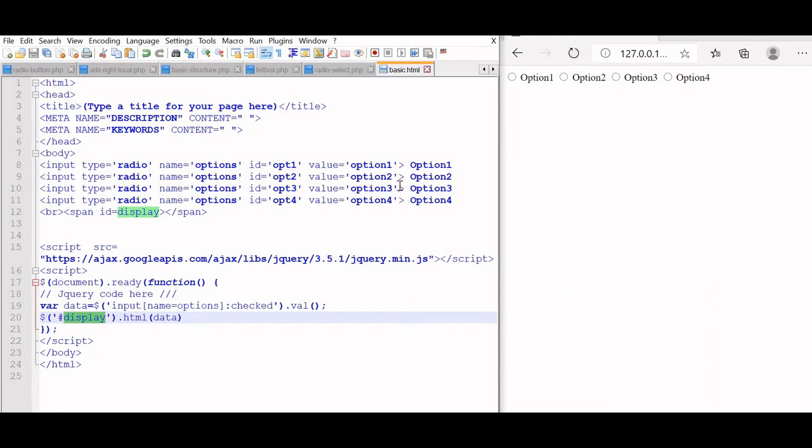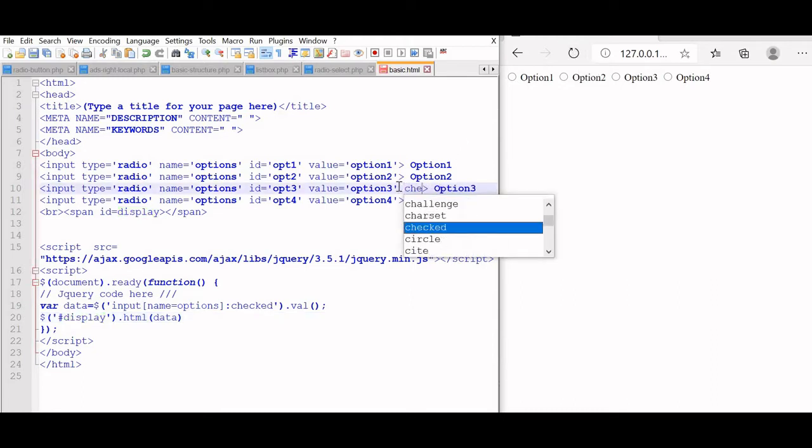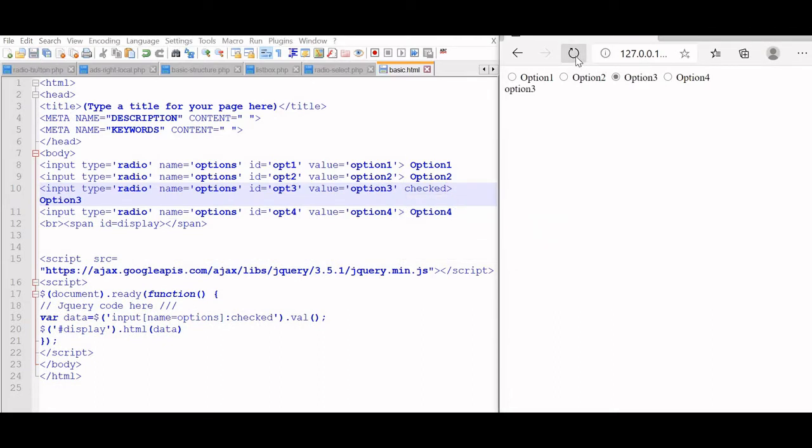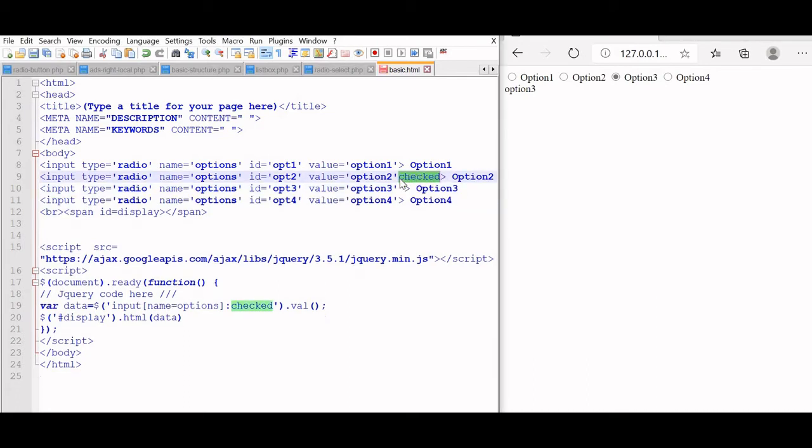Before that, let us select one radio button, so whatever is selected will be displayed here. If we shift the checked one to another one, now let's save this and refresh. So option 2 is coming. This is all not linked to any event.